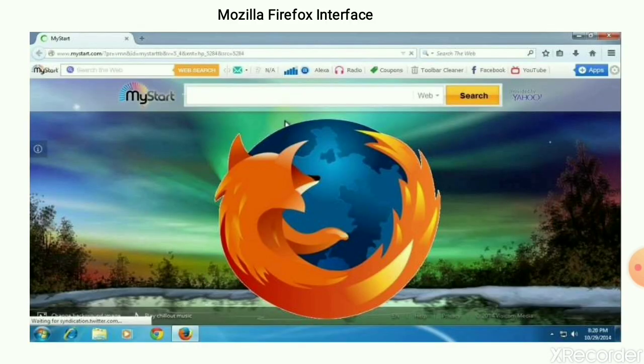So now once you install Mozilla Firefox on your computer, go to the start button, select programs and select Mozilla Firefox, and you will see the Firefox interface like this. Next,